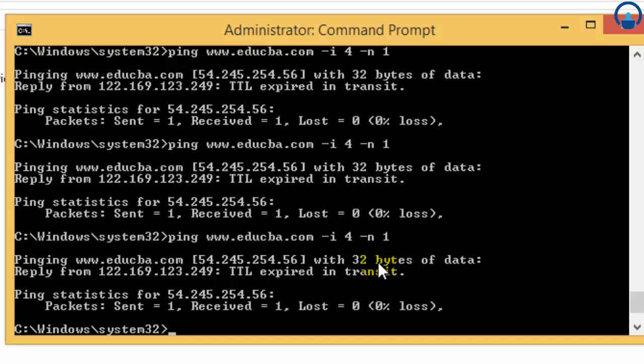The next thing we are going to do is footprint a target network using the NSLookup tool. NSLookup is a network administration command line tool available for many computer operating systems for querying the domain name system, that's DNS, to obtain the domain name, the IP address mapping, or any other specific DNS record. In the previous tutorial we gathered information about the IP address, ping statistics and maximum frame size, and at the start of this tutorial I taught you about the TTL response using the ping utility.